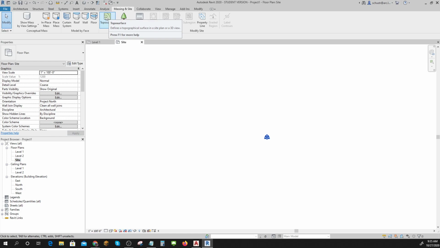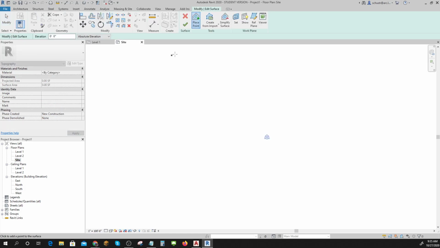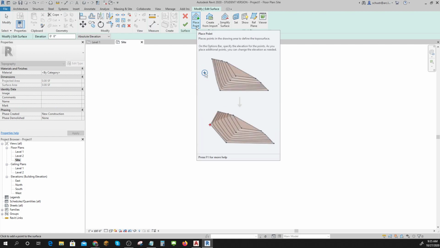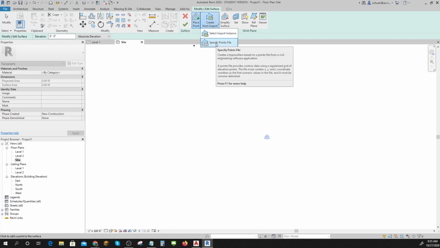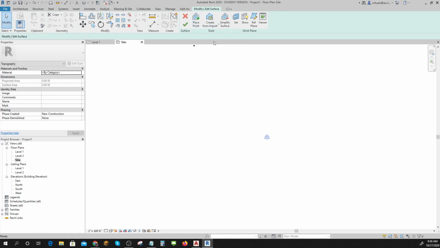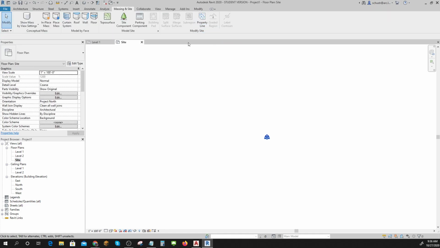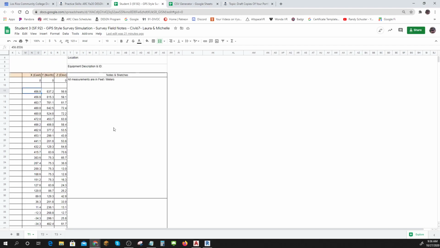Okay, so if I'm going to make a topography, I could place the points, but I don't know where they are, right? It doesn't give me an XYZ. So I'd have to bring in what's called a points file, and we've done that before. But my points file has to be made properly. So my trick is, how do I take this data and make a points file? The way to do it